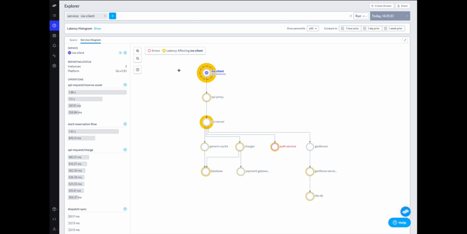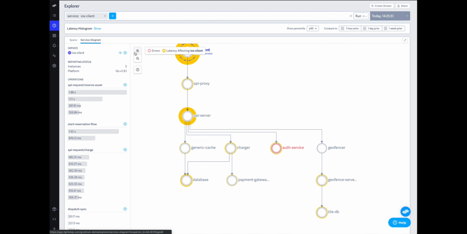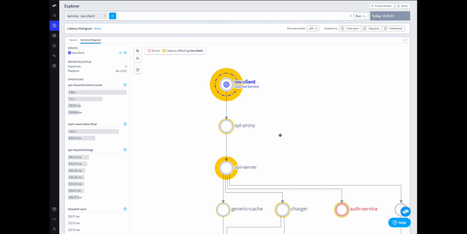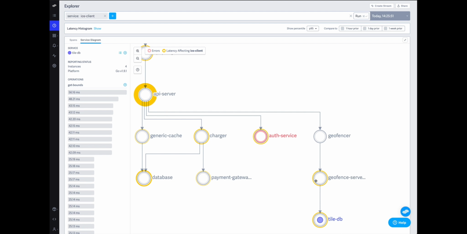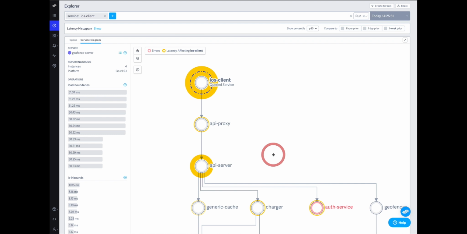I can see I started my search at the iOS client, and Lightstep has built out all of the resources I'm dependent on, even those at the bottom of my stack, 6 layers downstream from my iOS client. Looking at the latency distribution depicted by the yellow rings around each service, I can see that the bulk of the transaction time is spent on the iOS client, waiting as the response traverses the internet from our backend to